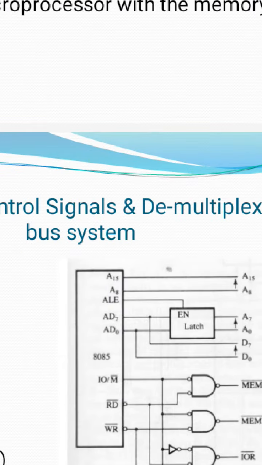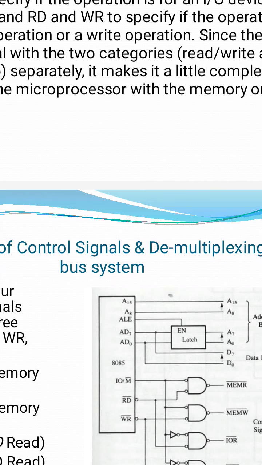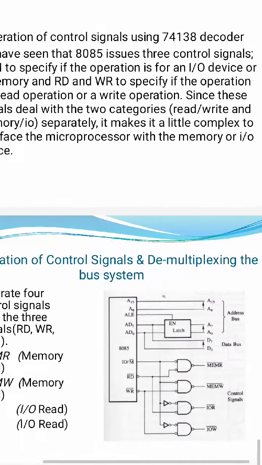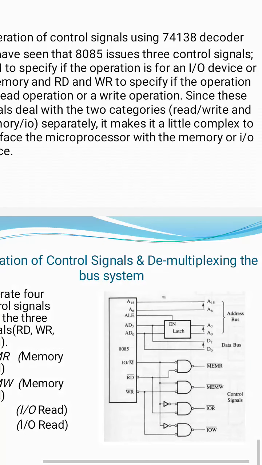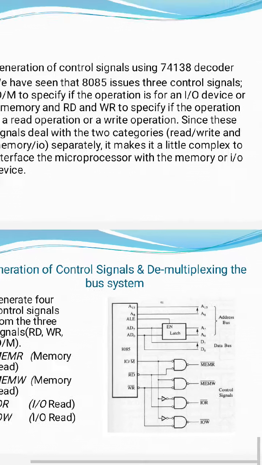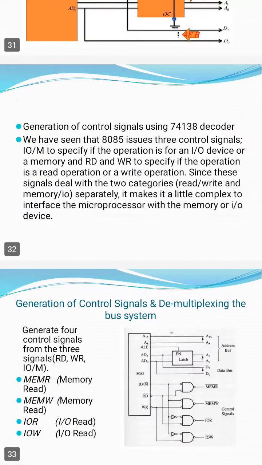You can see in the diagram it has used a latch and various NAND circuits. 8085 has different control signals, WR bar, RD bar, IO/M bar. How these control signals are connected to the gate assembly to provide MEMR bar, MEMW bar, IOR bar, IOW bar. These are the 4 control signals which are generated, and AD0 to AD15 provide the multiplexed data and address bus. So in this way the control signals are generated,